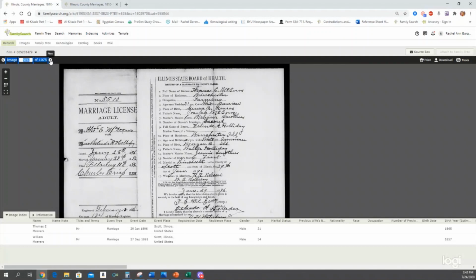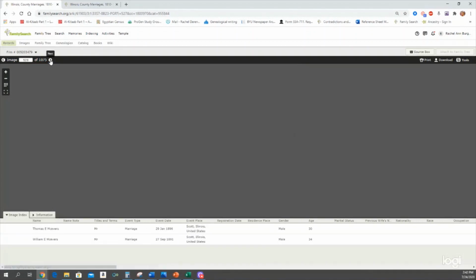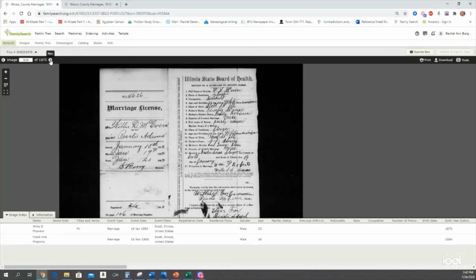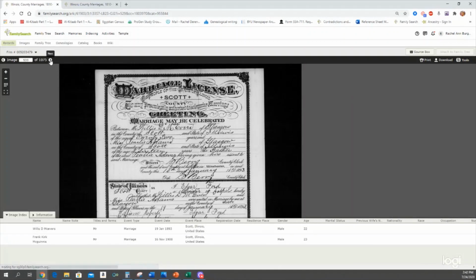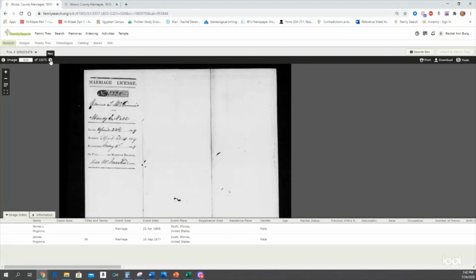Okay, I've got a Thomas. Great. We're getting really close to William. Willis. Okay, well, William should be before that. But just to be sure, we'll go to the next person. Well, that's James McGinnis. So at this point in research, would you stop looking? What should you do? Now I'll give you some background again.